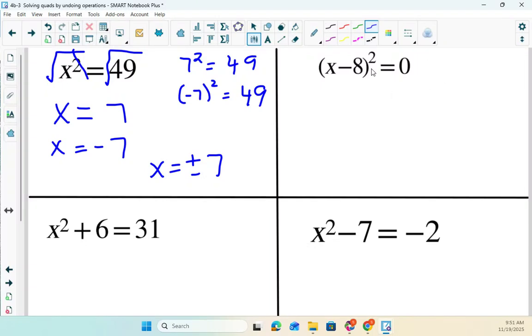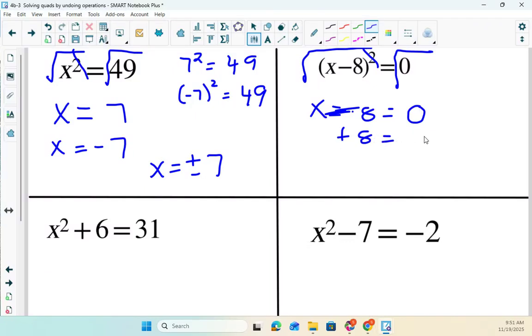Okay. Now in this example right here, this squared part is already by itself, so we're going to take the square root of both sides to undo the square. So you're going to have x minus 8 is equal to, well, technically there's no positive or negative 0, so we're just going to have x minus 8 equals 0. We're going to add 8 to both sides of the equation and x equal to positive 8. So yes, it's a quadratic equation. It should have two solutions, and this is an example where you have actually two repeated solutions, x equal 8